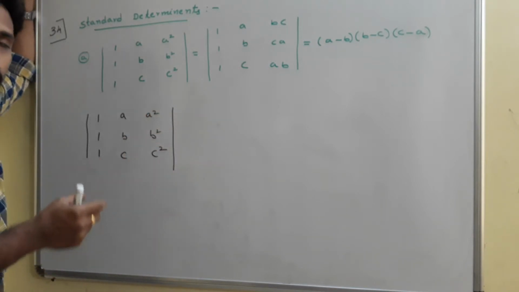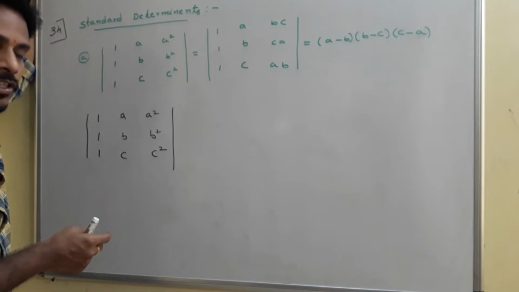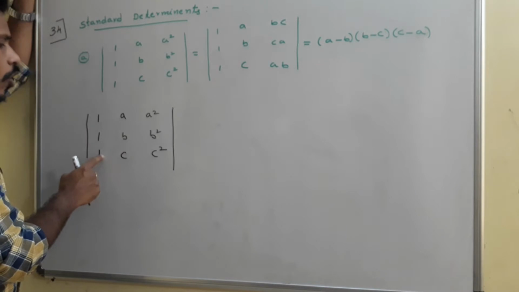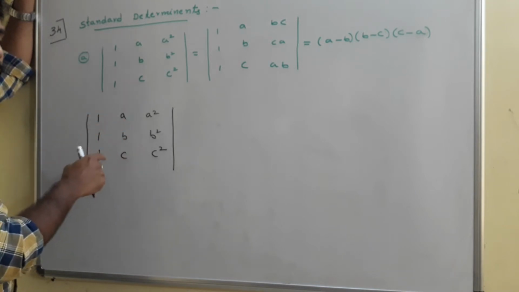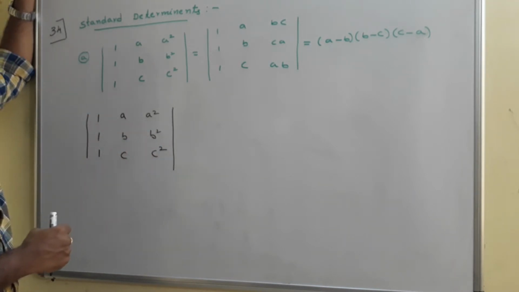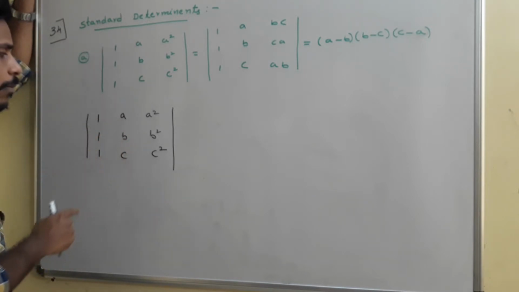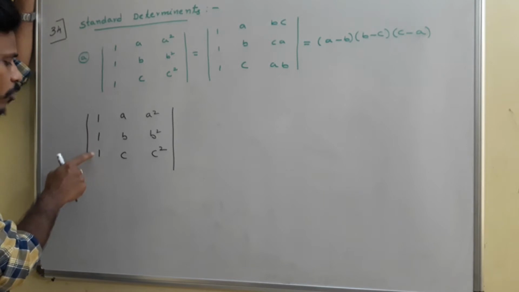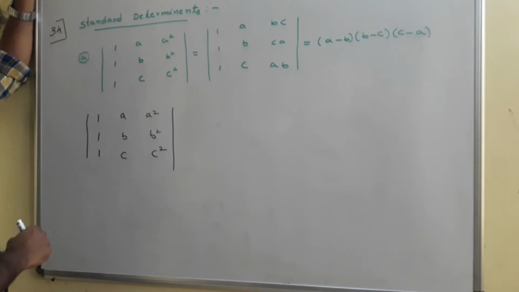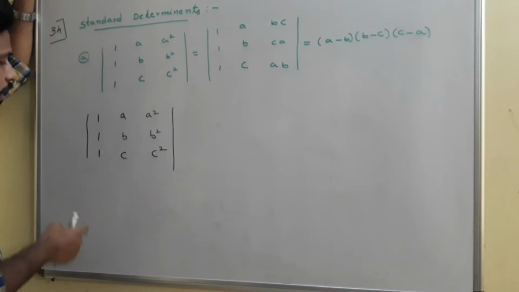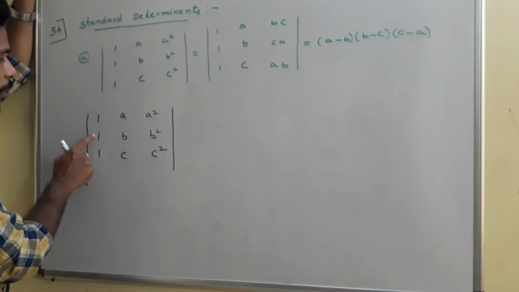One way is using row or column operations, and the other way is directly you just consider the first column and multiply those elements with their corresponding cofactors. That's also a way. But here, to find its determinant, my idea is I first try to make these two terms as zeros, because if a row contains two zeros, then it is easy to find the determinant. So I just try to make these two zeros.